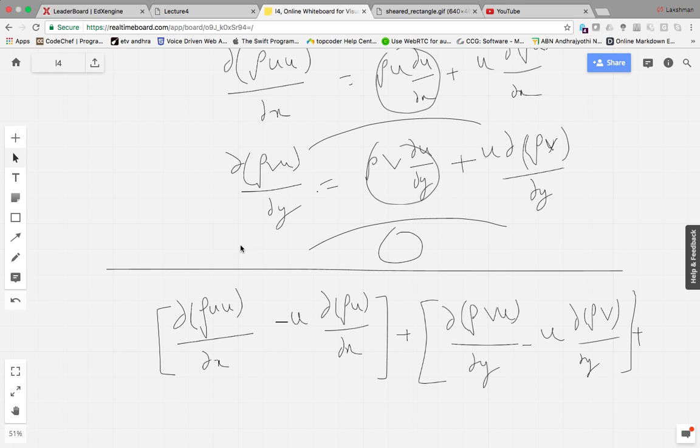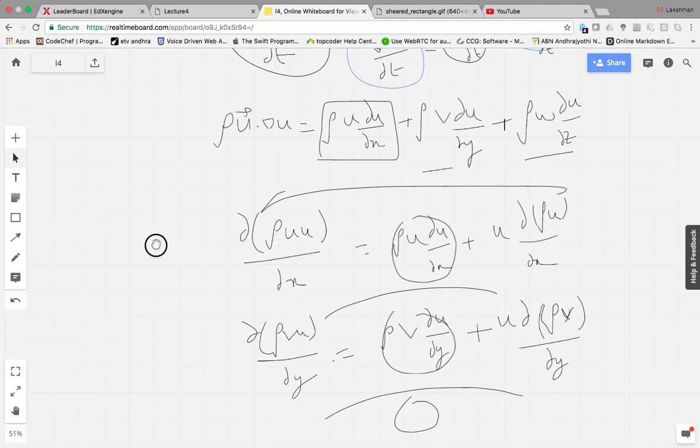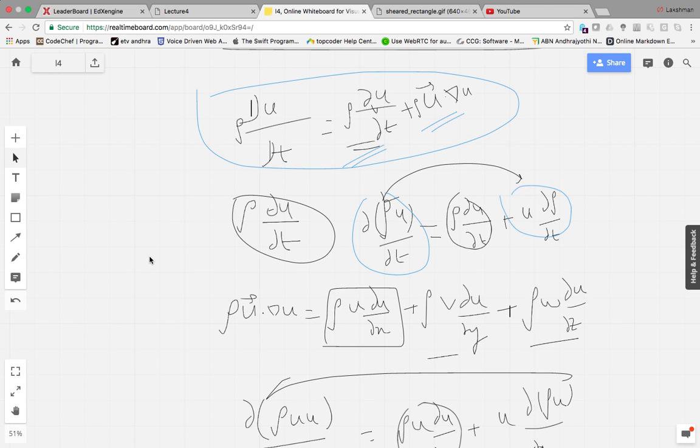So all we did here is, we have this term, we want to replace this one with this minus this, and we want to replace this term with this and the third term. So that is all we are doing, nothing else. So when you actually substitute, what you will get,